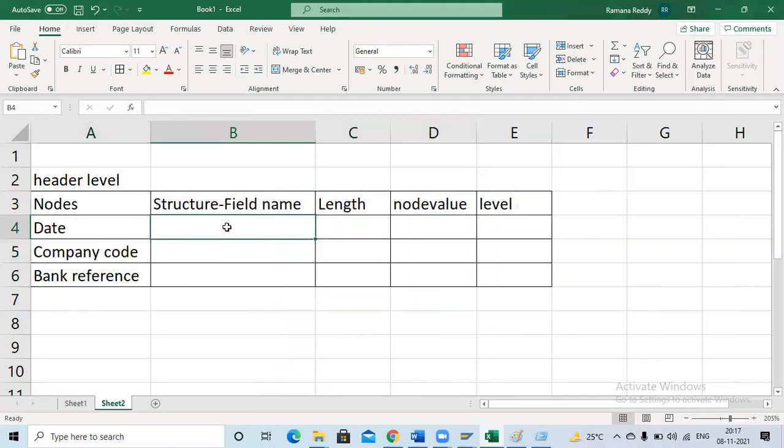Okay, next one is the structure and the field name. In SAP, I think everyone remembers, all data information is stored in different tables. The same way in DME also we have only two structures, FPAYH and FPAYHX. There are multiple fields, and for each and every node value there is a separate structure and field name. Actually, the company will provide the structures and field names. You no need to remember this information. First, I will type the data. Then later I will show you how to get this information.